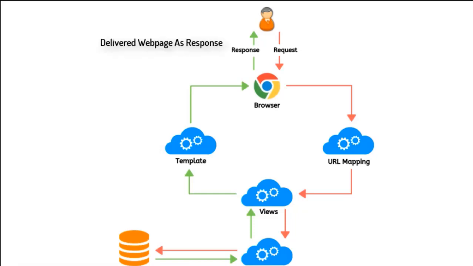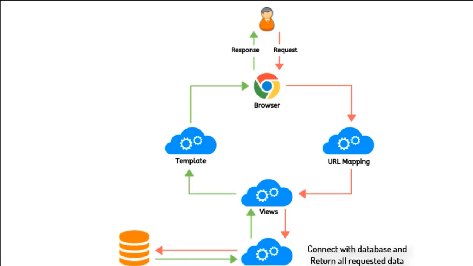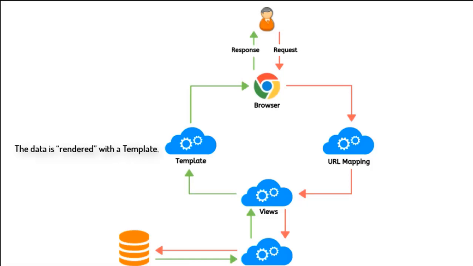I know this might be tricky and you might be confused. Let me take a simple example. I came on amazon.com, it checked its URL. With the help of the URL, it got to know that it is related to the homepage, got all the functions of the homepage, connected with the database, then returned all the database related queries, that is all our data, to our function, and then with the help of this function showed that on our template, that is on the homepage, and then reverted back to the browser. So this was an example related to the homepage.